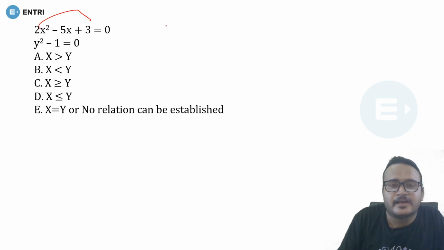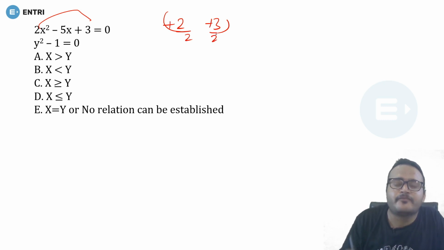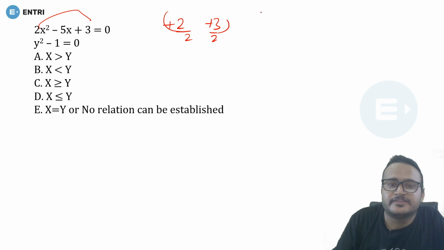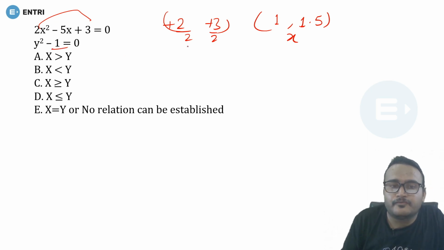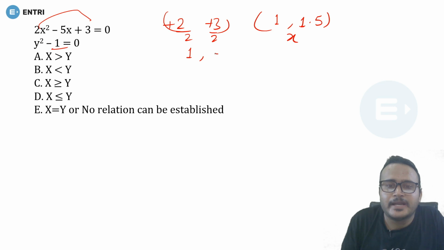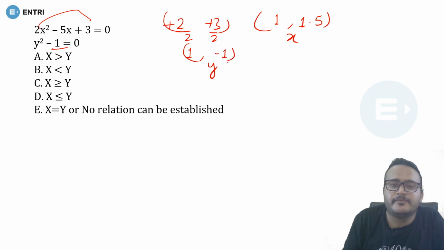2 3 are 6, and minus 2 and minus 3 is minus 5, and then we'll be changing this sign, divided by 2, because the multiple of x square here is 2. So guys, the final values of x will be 1 and 1.5. Okay, so these will be the values of x. Y square minus 1 is 0, then the values of y will be plus 1 and minus 1. Okay, these will be the values of y.